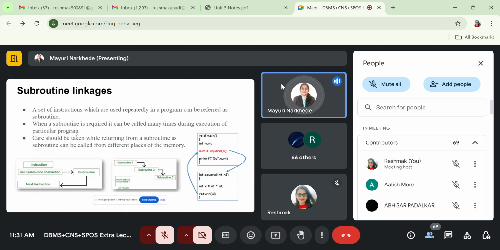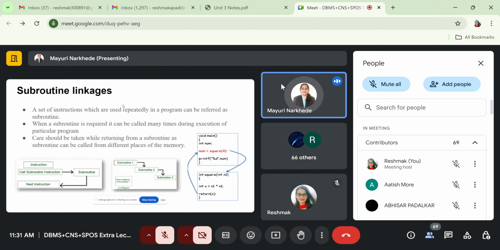When a subroutine is required, it can be called many times during the execution of the program. You can check here: in the first subroutine, another subroutine is called, and in the second subroutine, yet another subroutine is called. What is the use of the subroutine linkage loader?